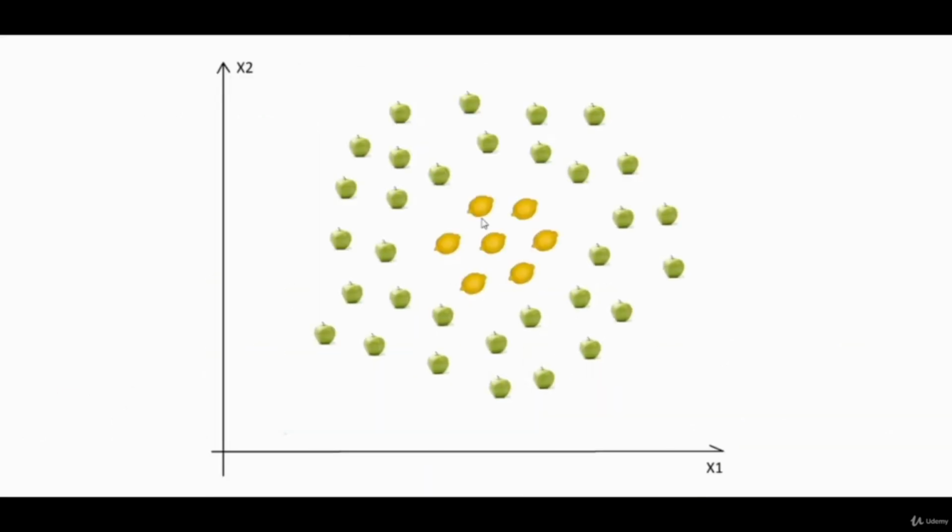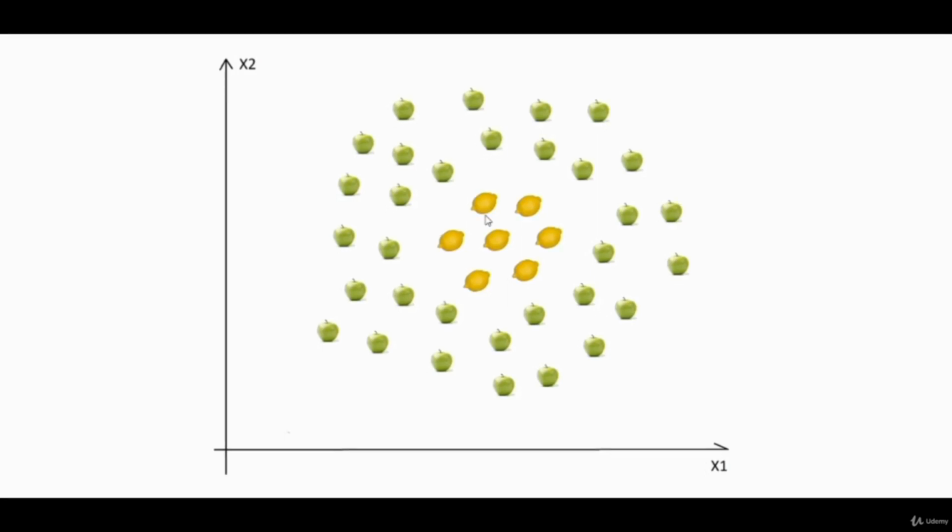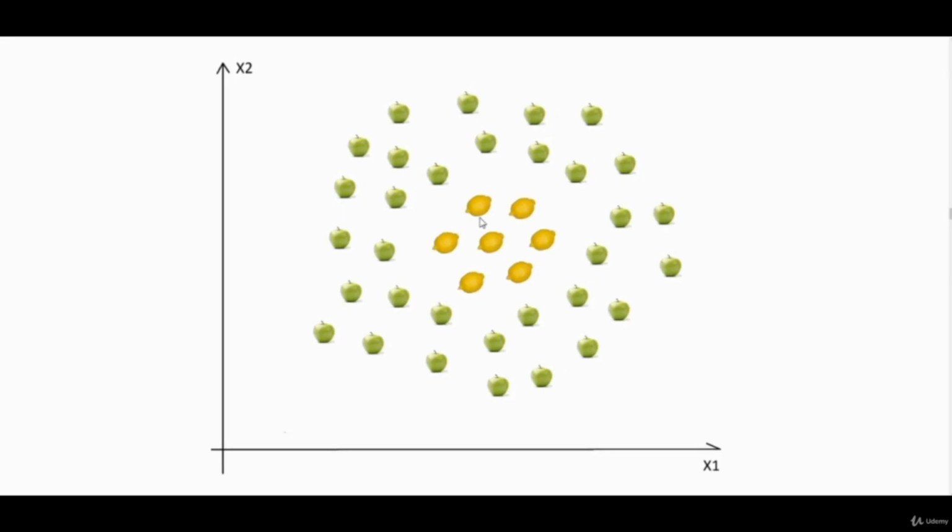So let's say, as you can see, this is the same example as before. Let's say we want to classify green apples and yellow lemons, and we are using our SVM model. If you use a linear kernel, it's not going to make a good classification. So in order to do that, we are going to use non-linear kernels. There are various non-linear kernels available, and the best and default one is RBF, that is radial Gaussian function. And other than that, there are other kernels available such as polynomial, linear, and etc.